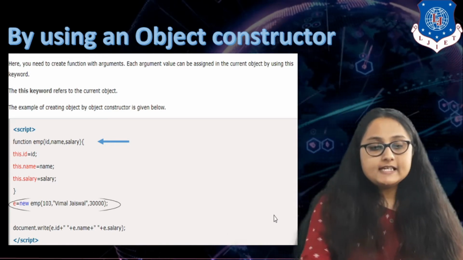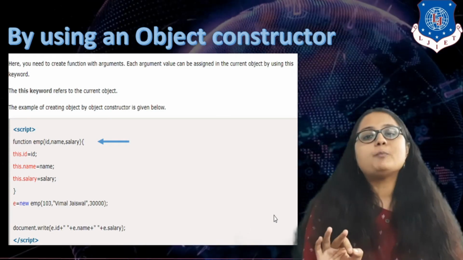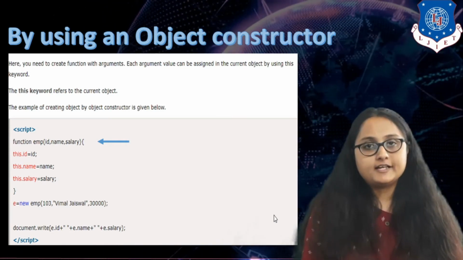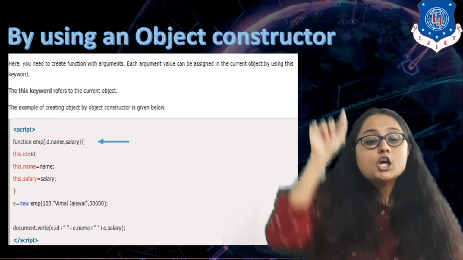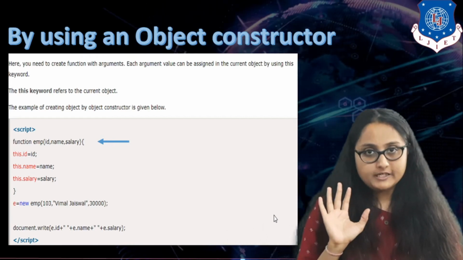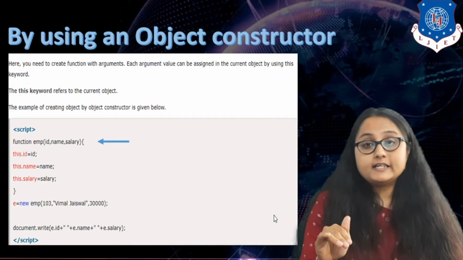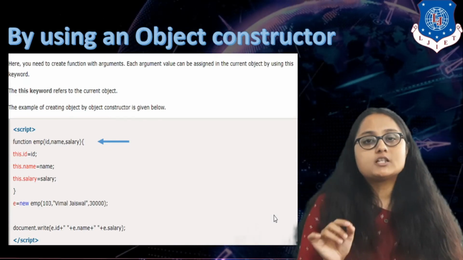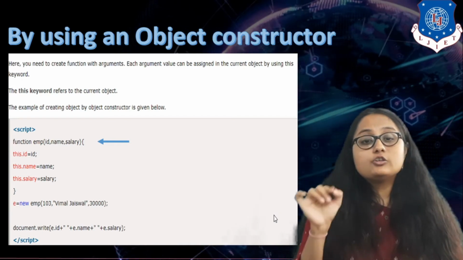So inside this you write this dot, whatever property name you want to write. Here I have written this dot ID is equal to, you are assigning the first argument value to the first property, that is ID. Again you are creating the second property, this dot name, is equal to, what are you assigning?